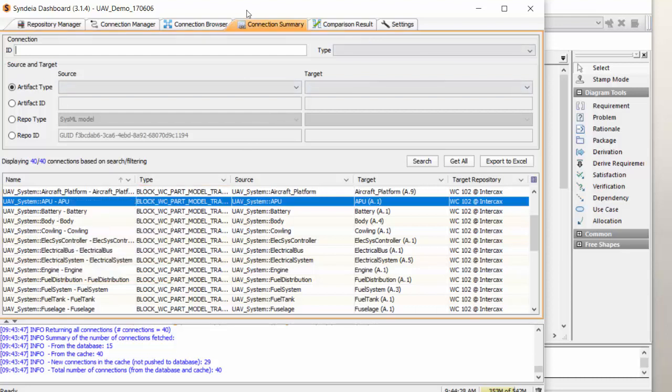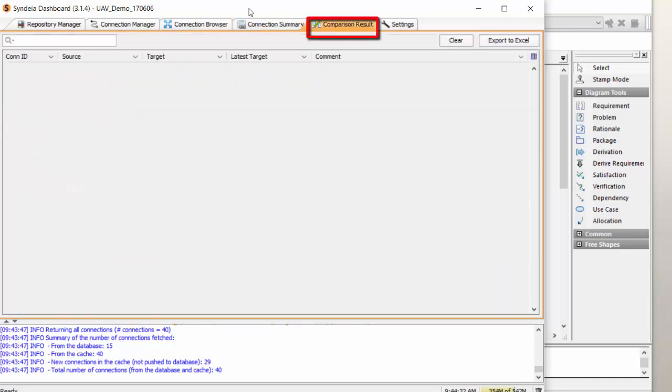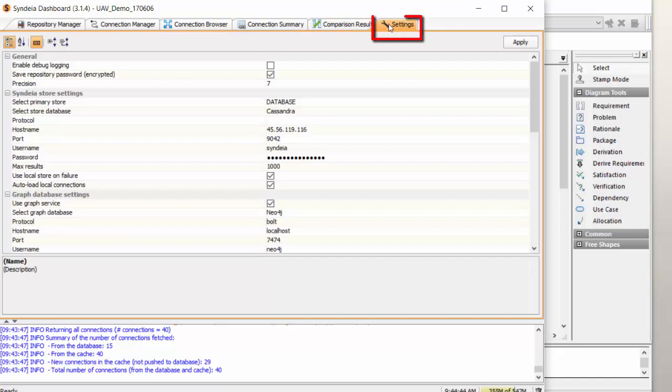When we call for a comparison of two models across one or more connections, the results are shown in the Comparison Result tab, which opens automatically when the comparison operation is complete. Finally, the Settings tab contains a wide range of user-selectable settings. Some are applicable to Syndeia as a whole,